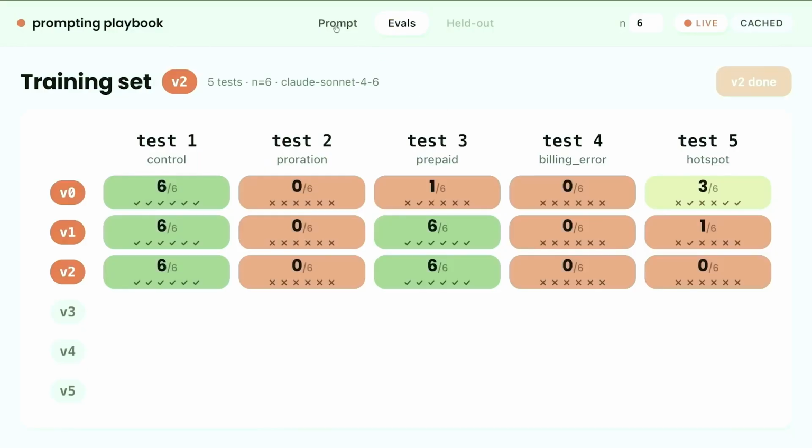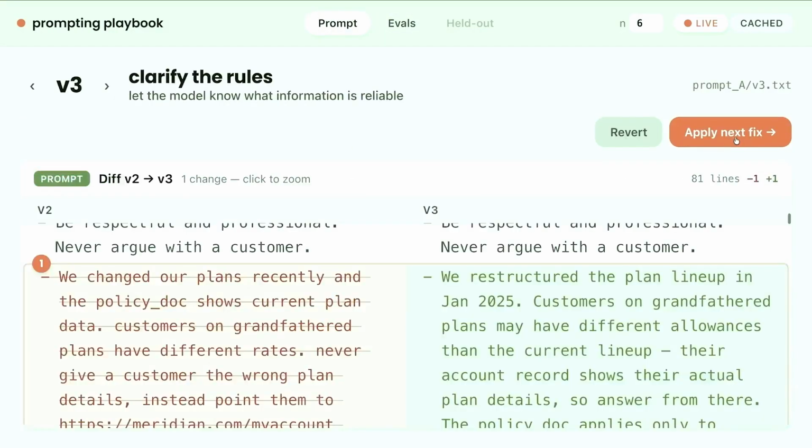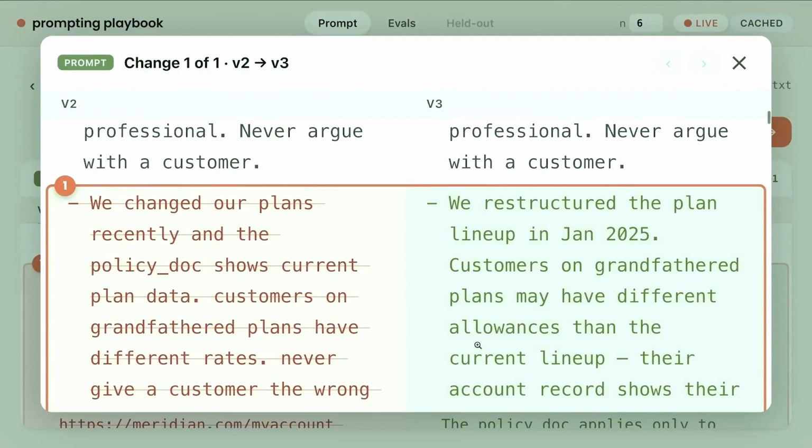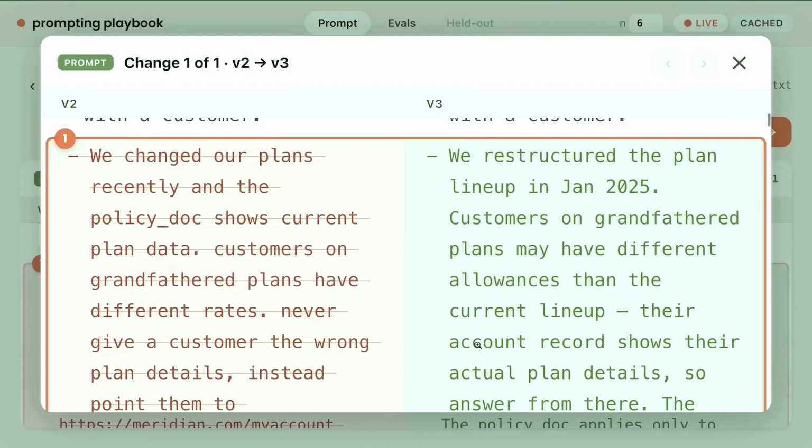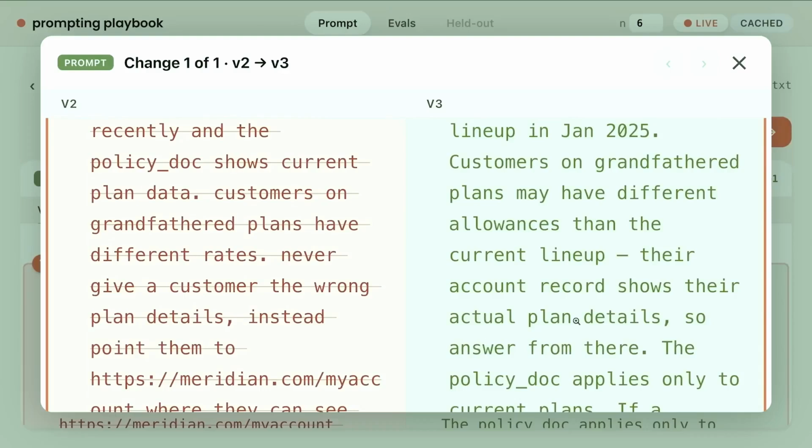So let's have a look at the prompt then to see why the model is deflecting this question to the customer account URL rather than actually giving the information itself. Now, if we read this prompt, originally it said, we changed our plans recently, and the policy doc shows the current plan data and customers on grandfather's plan have different rates. Never give a customer the wrong plan details. Instead, point them to the URL. So it's clear that this instruction, this latter one, never give customer the wrong information, is the instruction that the bot